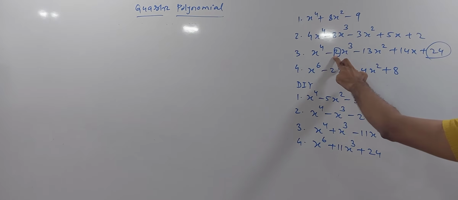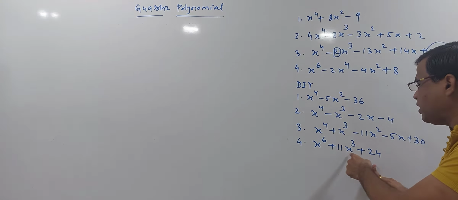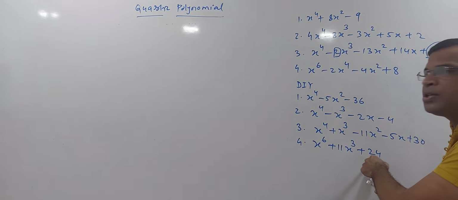And this one x power 6. This is different from this. This is different from this. So this DIY 4th question, it is same as that of the first question. Here we have substituted x square is equal to y, so that I can have a quadratic polynomial. Here just substitute x cube is equal to y. So x power 6 is x cube square. So you will get y square plus 11y plus 24. You will get 8 and 3 as the factor, and y cube plus 8 and y cube plus 3. You can just simplify it. You will get your final answer. Fine. So you can do that. Here I am taking the 4th question.